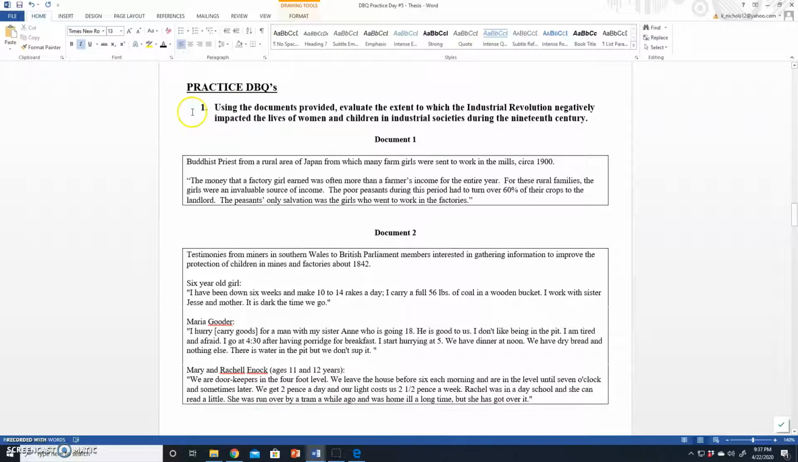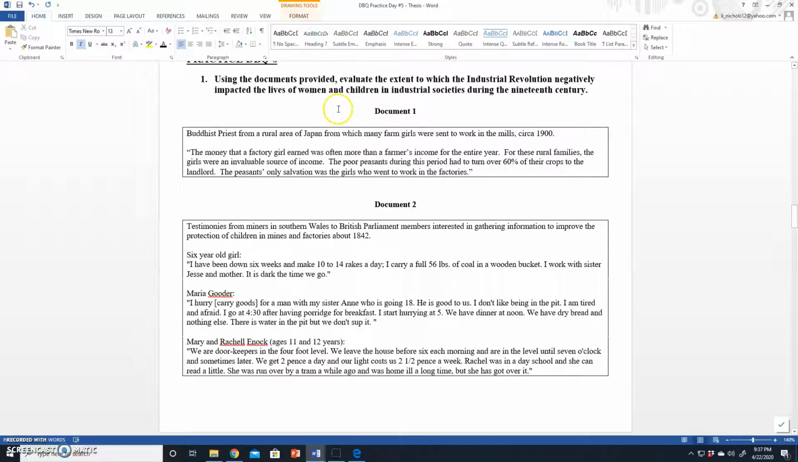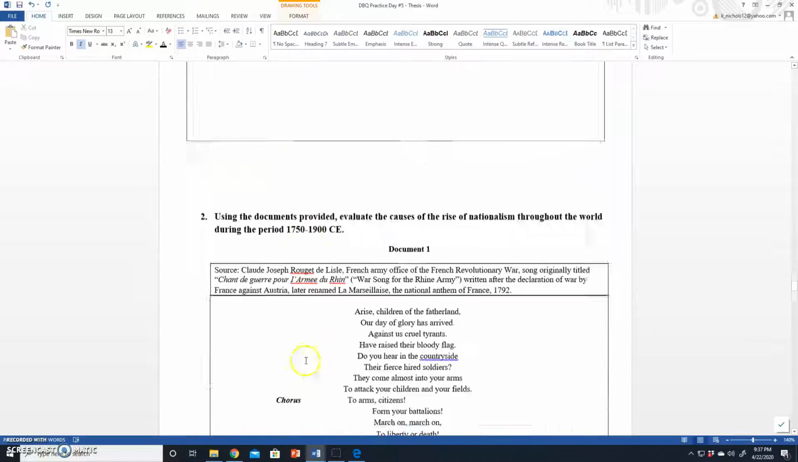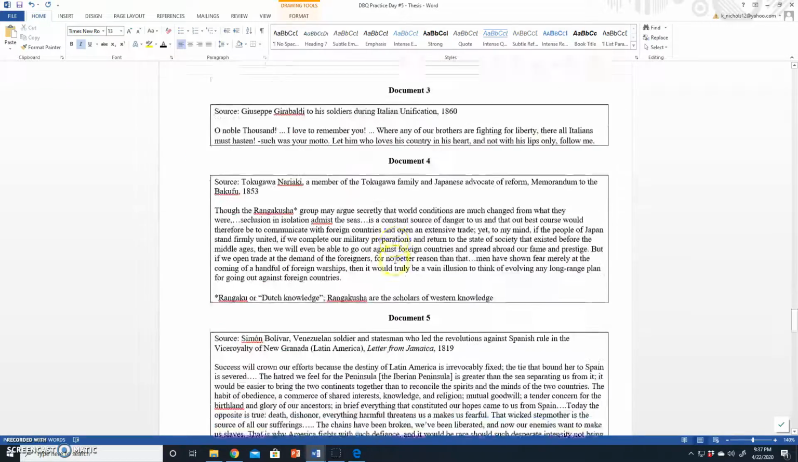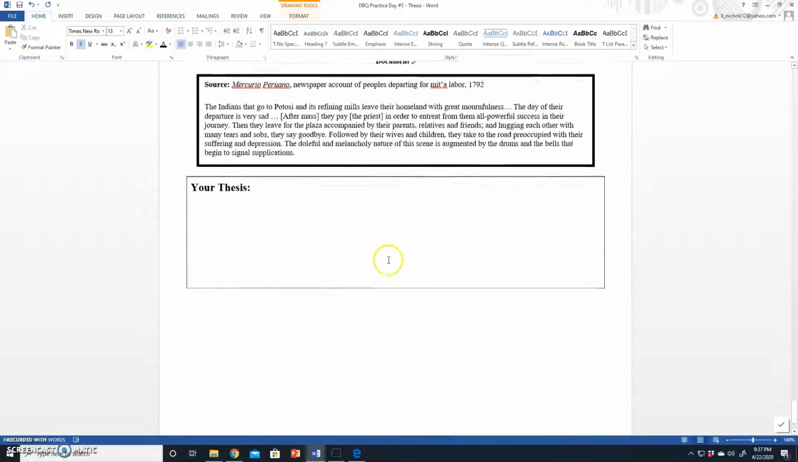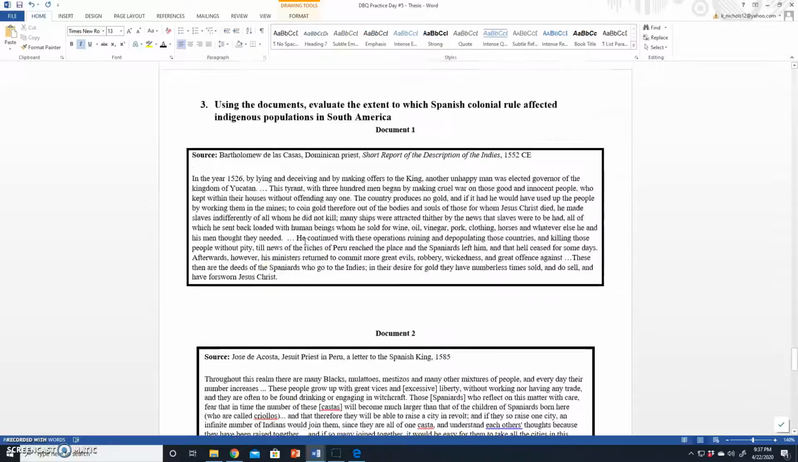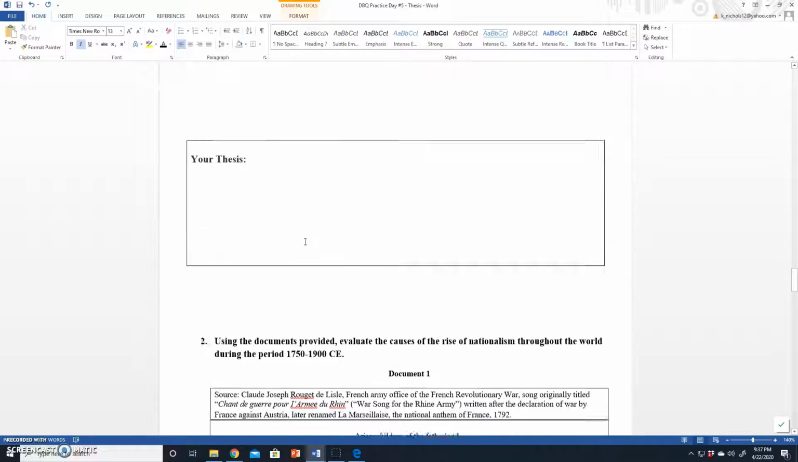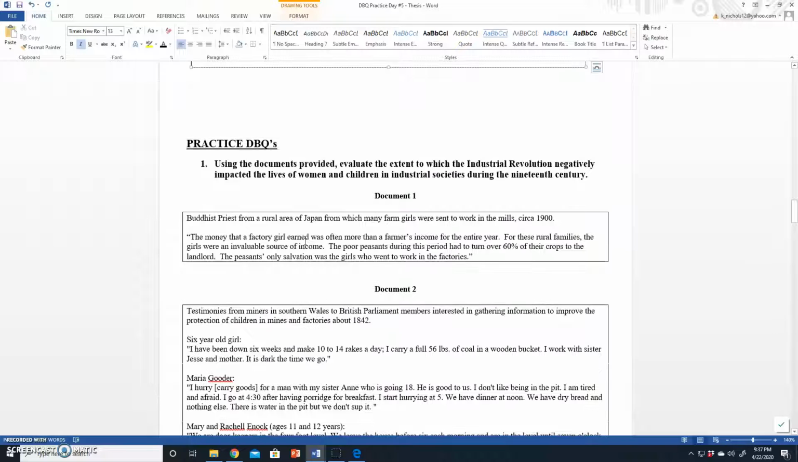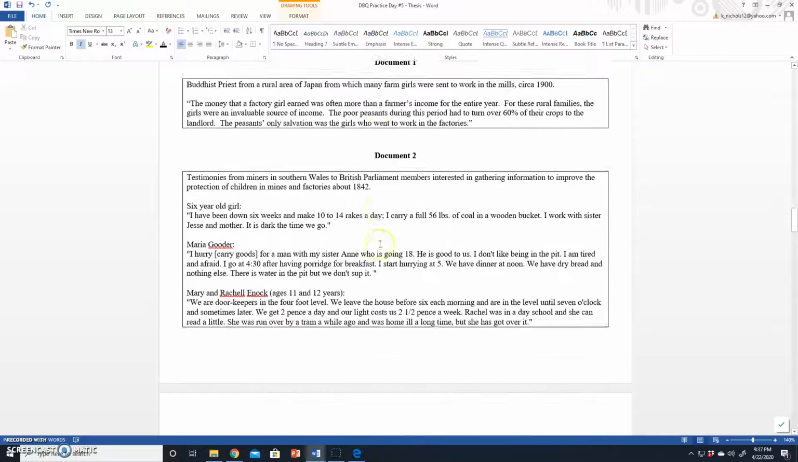What you need to do is take the practice document right here. Number 1, you have five different documents, then a thesis. Then you got number 2, five different documents and a thesis. Then you got 3, five different documents and a thesis. And what I'd like for you guys to do is take one of these practice DBQs, read all five documents, and I want a